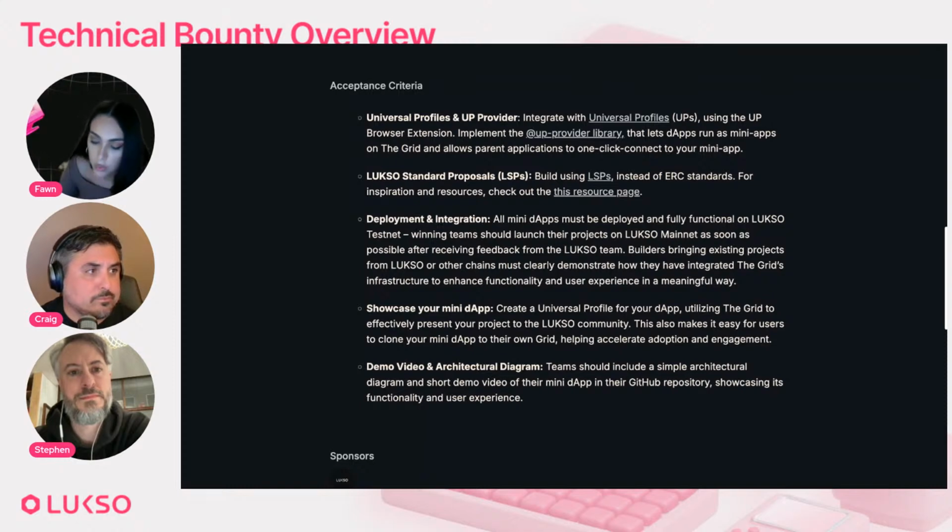So if you're new to LUKSO, here's a mini TLDR. We're a layer 1 EVM, but instead of focusing only on DeFi, our mission is to empower the creative economy. And that includes creators, communities, curators, collectors, and really anyone that just wants to build impressive, expressive, social, ownership-driven digital experiences.